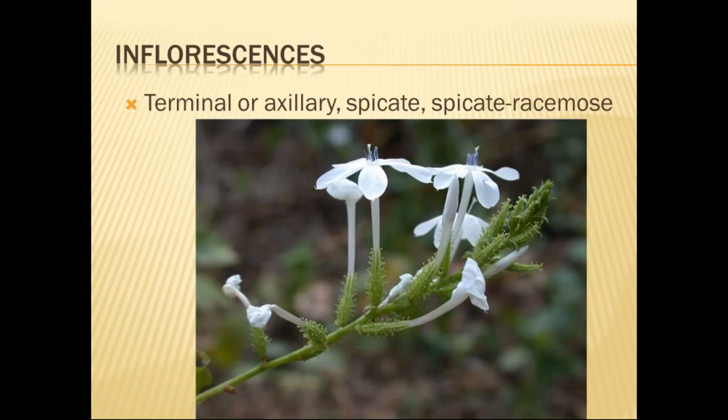The inflorescences are terminal, axillary, spicate, and racemose. Okay, they are generally present as a racemose inflorescence. They are terminal, axillary, spicate, meaning a spike inflorescence is there. As everybody has seen the grass inflorescence, like that, they have very sessile flowers arranged on a particular inflorescence stalk. Okay, it is a racemose spike.